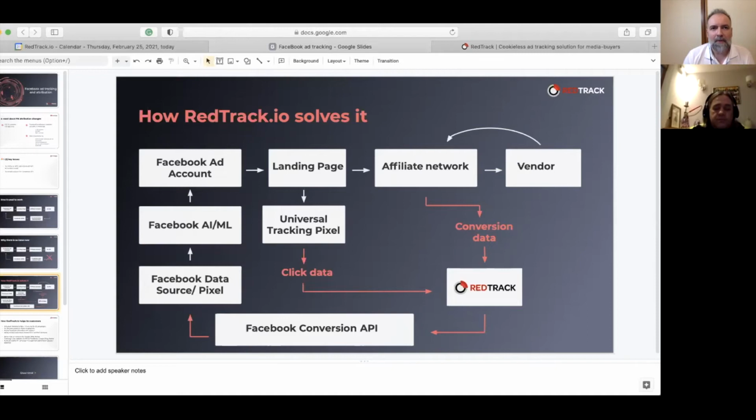Okay. For the second approach, I have definitely seen myself a business manager account with multiple pixels used across multiple ad accounts. We do not support this out of the box. We are working on improvements to our API integration with Facebook to support such an approach too.